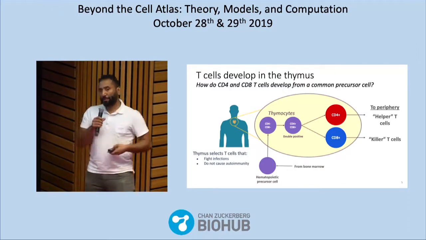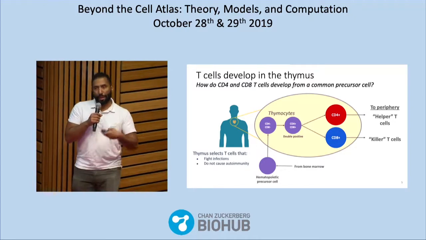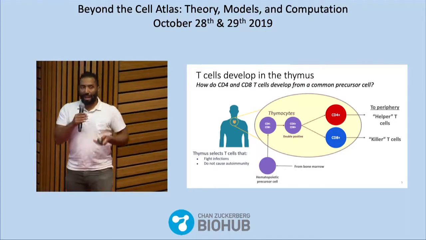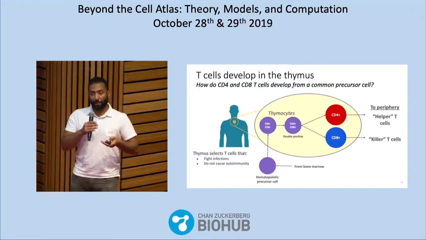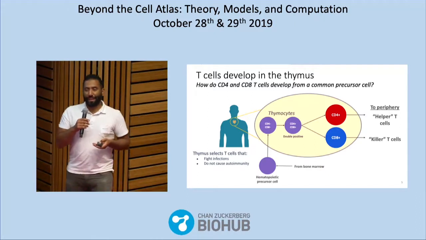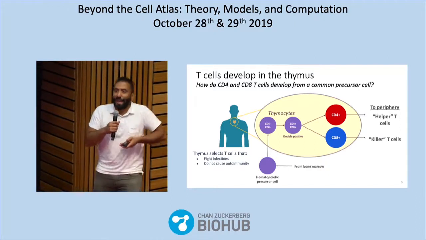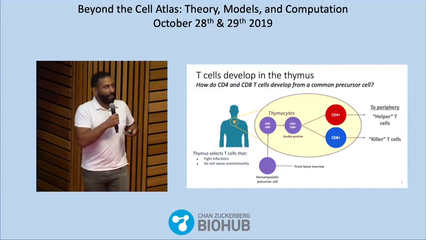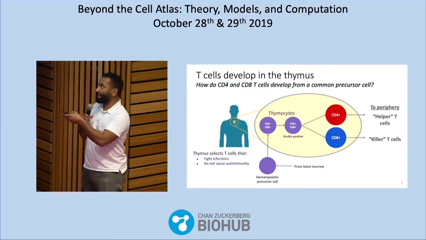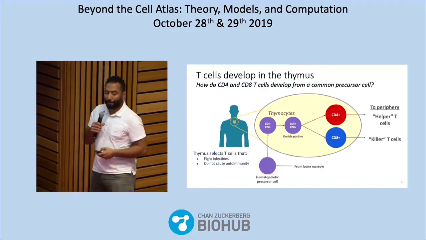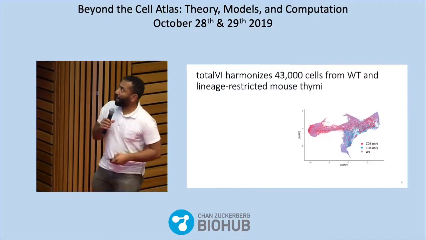We have a lot of surface proteins that can annotate cells along this pipeline, but we don't really know those upstream events that determine how the immune system balances between killer T and helper T cells. And this balance is extremely important because we want to have an immune system that's primed and ready to respond to infections, but not hyperactive and leading to autoimmune diseases. And so we've been trying to use totalVI and CITE-seq to understand this branching point here. So just a quick snippet of our data.